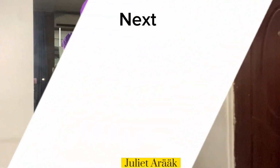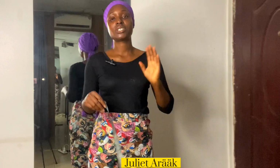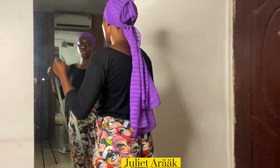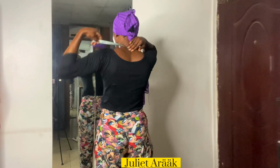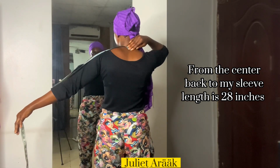Okay, the next thing I'm going to show you right now is how you take your measurement. You only need two measurements. The first measurement is how you get your sleeve length, and how you determine the width of your top. That is the first thing I'm going to show you. First of all, you see the way I'm standing. I'm going to place my tape here, and I'm going to take this tape all the way down. What I got here is 28 inches, and this is how